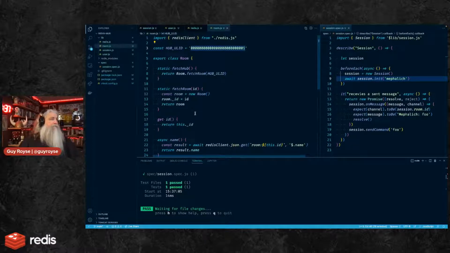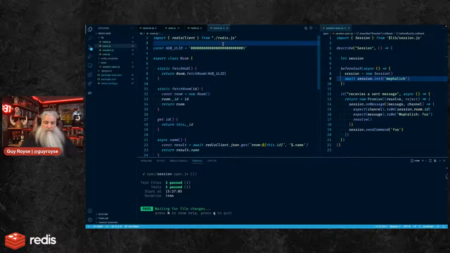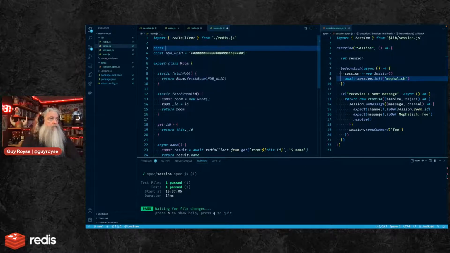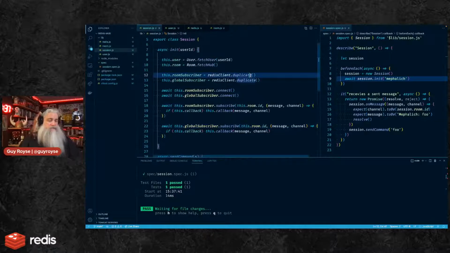And then there's going to be the global channel. Doesn't belong in here, but we'll put it in the session for now.